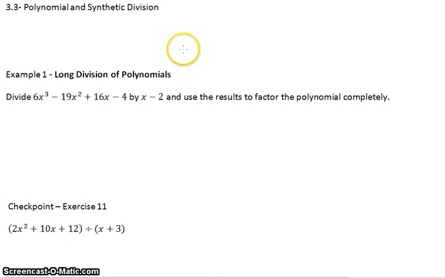We've spent the first two sections talking about how you graph quadratics and how you graph polynomials. Now what we're going to talk about is how you can decompose a polynomial by specific division properties. And the first thing we're going to talk about actually has roots with when you learn how to long divide